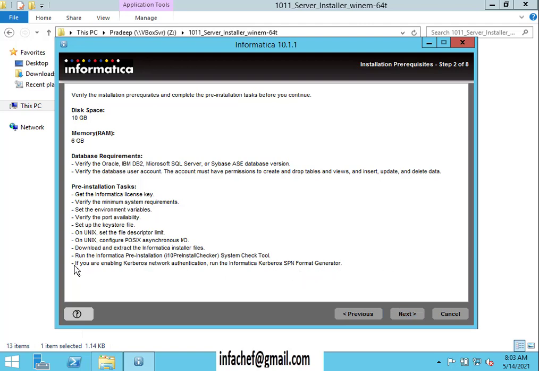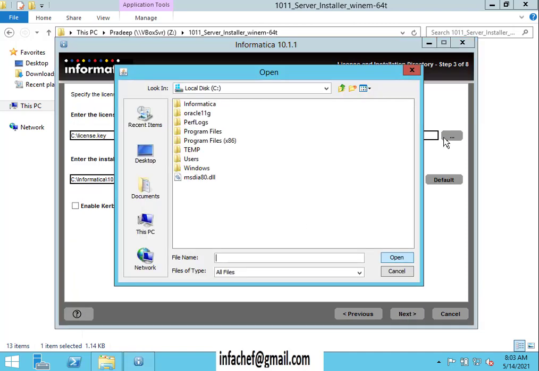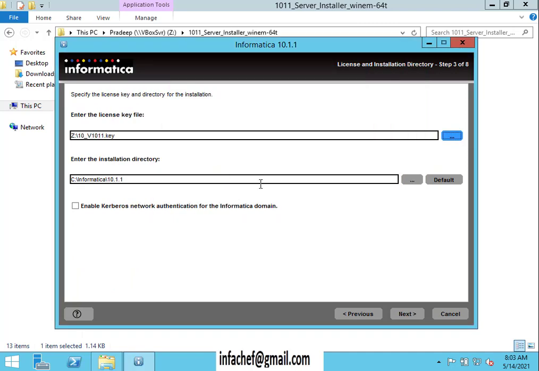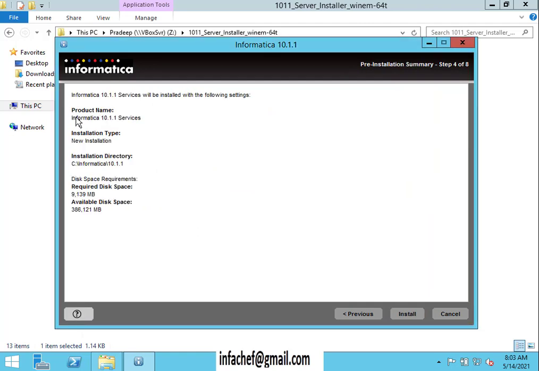So I am skipping this last step and moving to the next. It's asking me for the license key. So this is the license key, I'm using it and moving to the next. Here, the 10.1 installation will be the following. The product is 10.1.1, the current installation directory, the disk space and the available space, and I can move